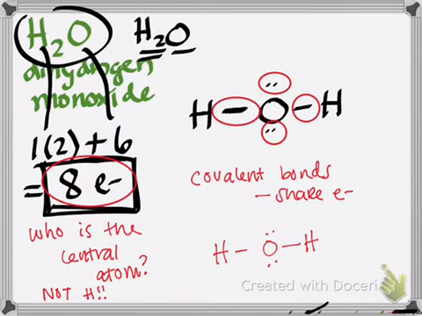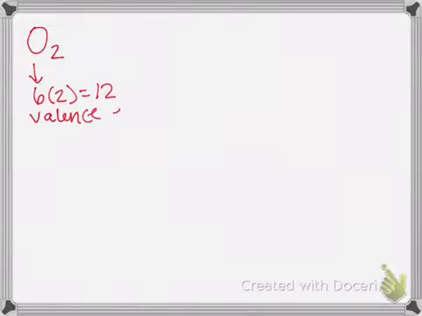The last one I'm going to do is one involving a double bond, and that's going to be with oxygen, okay? So let's say I have O2, okay? Oxygen is in group 6, so it has 6 valence electrons, and we have 2 of those. So we're looking at 12 valence electrons in the structure. So that means my final compound has to have 12 valence electrons. Since the compound is O2,